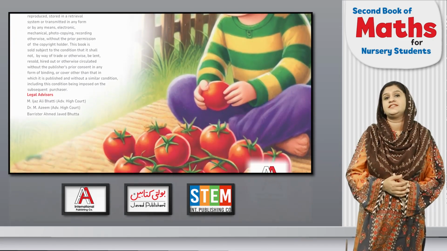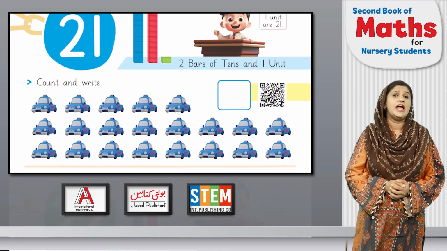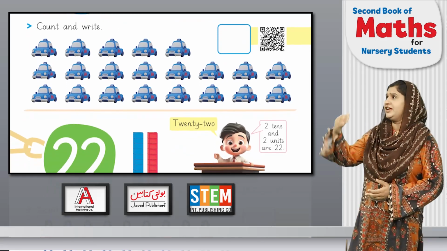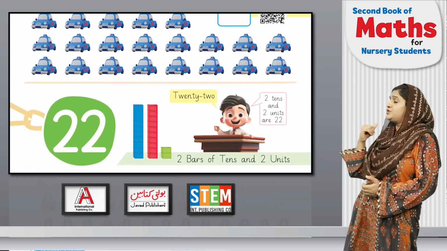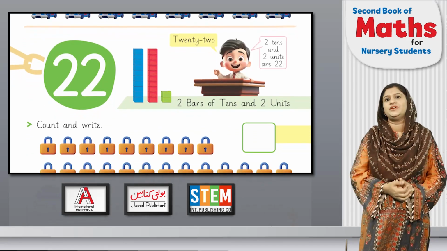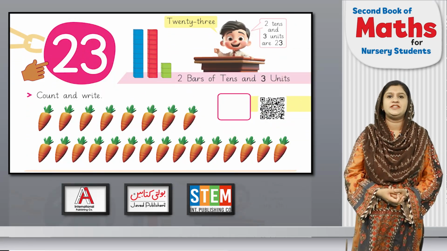वेलकम टू द सेकेंड बुक ऑफ मैथ्स फॉर नर्सरी एंड वी हैव डन सो मेनी थिंग्स टिल नाउ। और क्या था हमारा लास्ट लेसन? जी, हमने पढ़े थे दो नंबर्स। कौन से नंबर्स थे वो? जी, 21 एंड 22। अच्छा जी, आज हमने पढ़ने हैं नेक्स्ट टू नंबर्स। जी, आज का हमारा नंबर है 23।